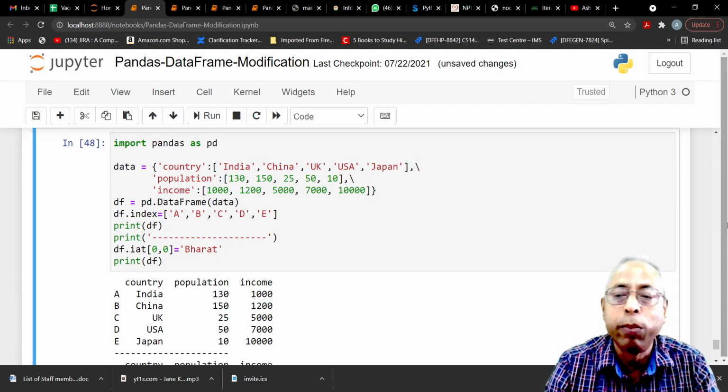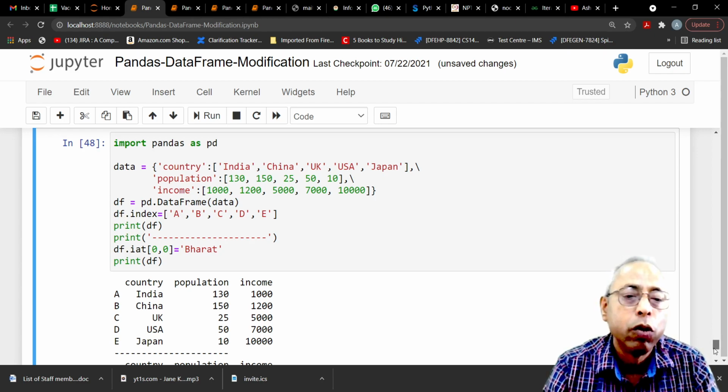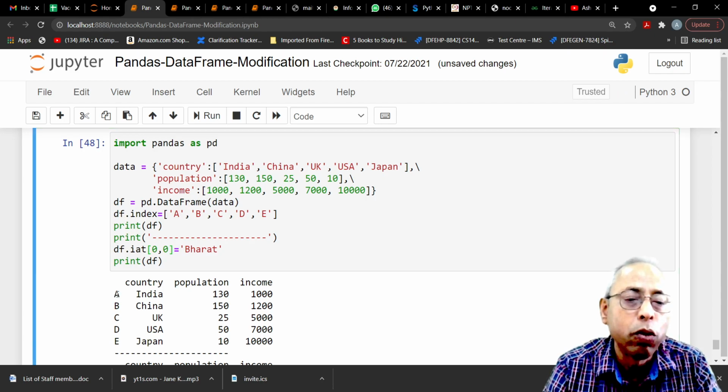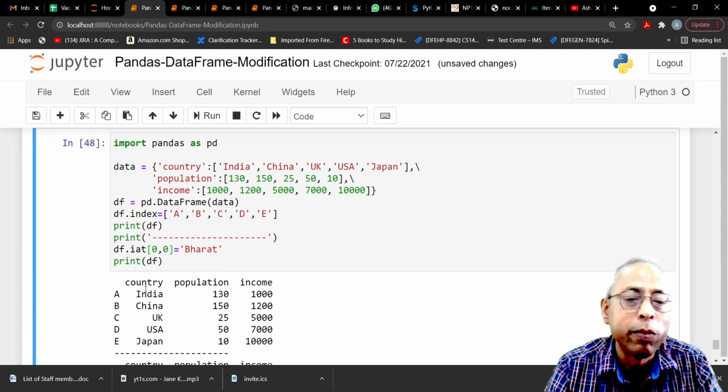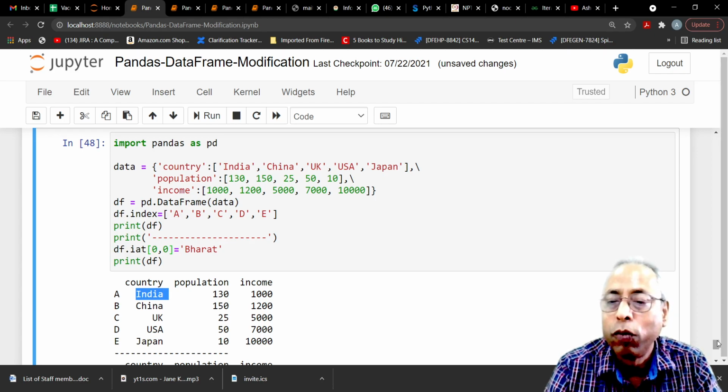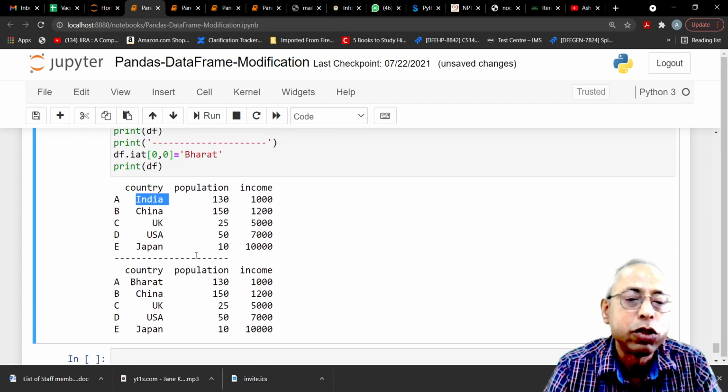It is a very simple way of changing the values without going into much detail. So df.iat 0, 0 to Bharat. This is the index of the first row, it is 0, and the 0th column is country, and I want to make it Bharat. You see that we have made the required changes to Bharat.